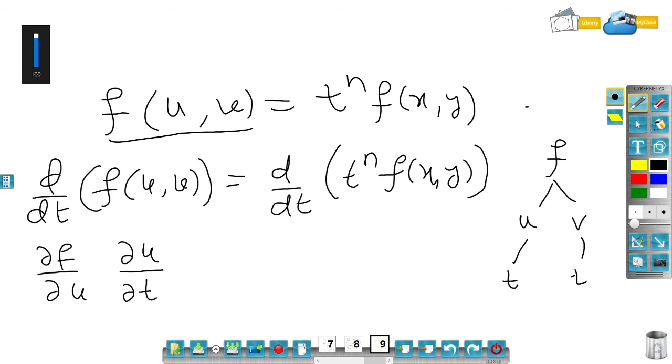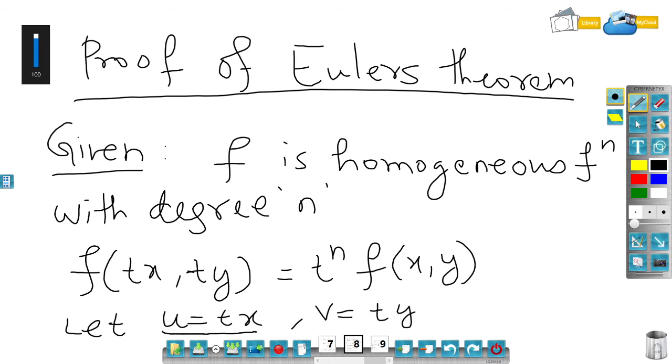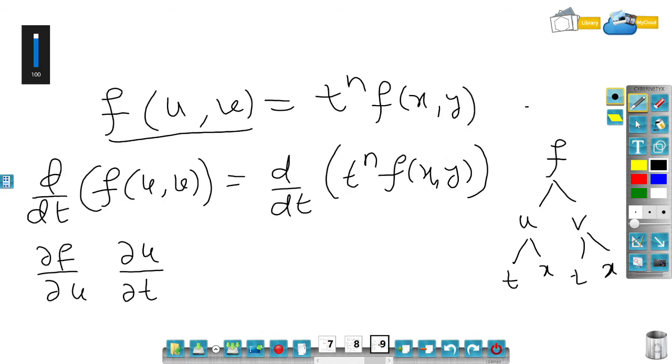You should say here u depends on t as well as x. Similarly, v depends on t as well as y, because here it is tx and v is ty. So u is a function of t comma x and v is a function of t comma y. So plus, similarly, dou f upon dou v into dou v by dou t is equal to,